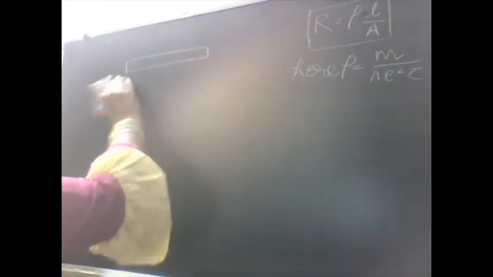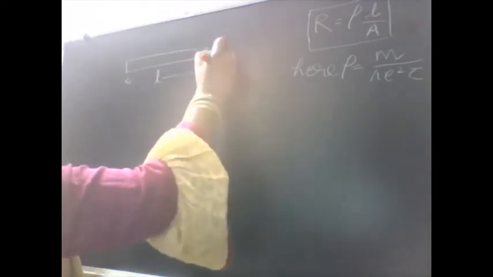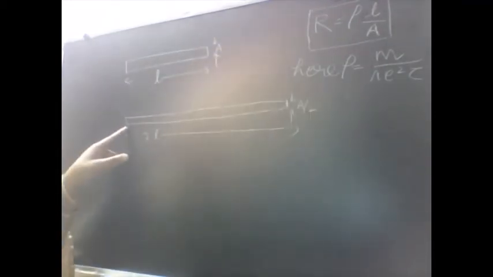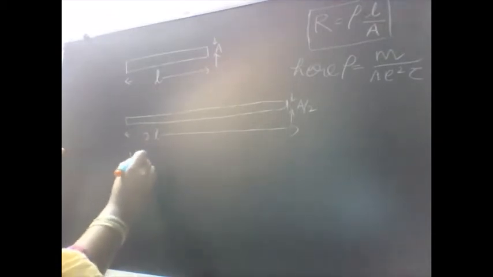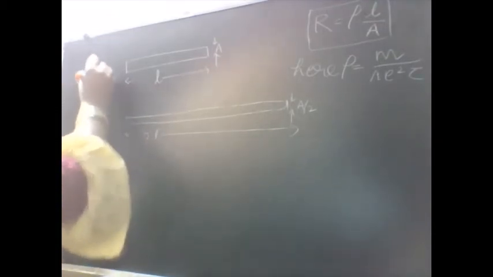Assuming that you are given a piece of wire here, I am showing you the enlarged view of the wire. Assuming that the length is L and the cross section area is A, and what you are given is, when we stretch the wire and increase the length to double, what remains constant? It is the volume that remains constant. So what is the volume here? The volume here is L into A.